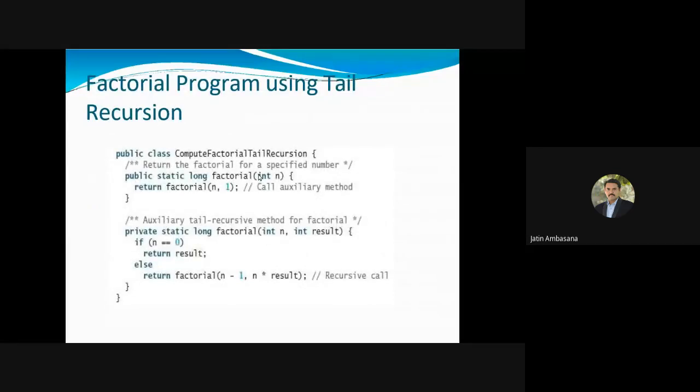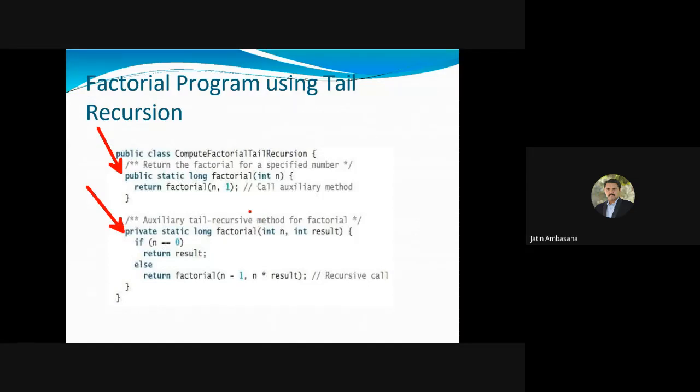Now what if you want to do factorial using tail recursion, right? So how do we do that? Check this out. You simply say return factorial of n comma 1. Here we have two methods. One is the factorial method, another is factorial n comma result.